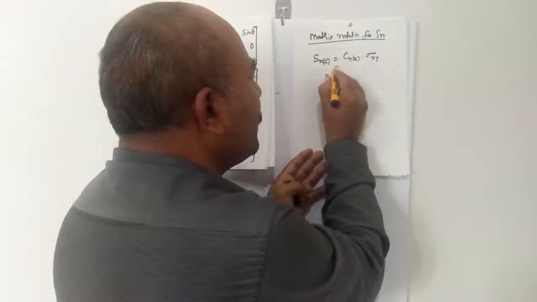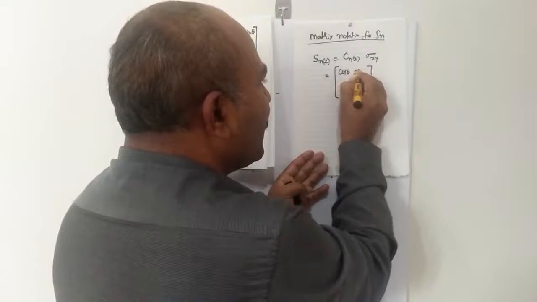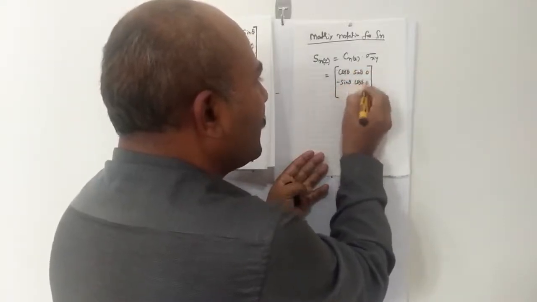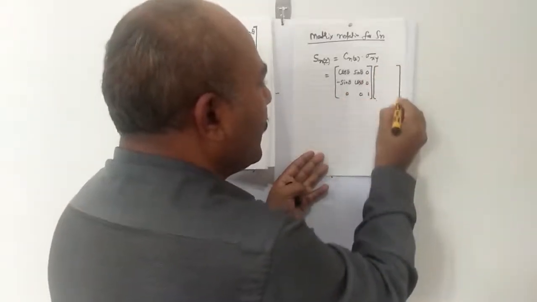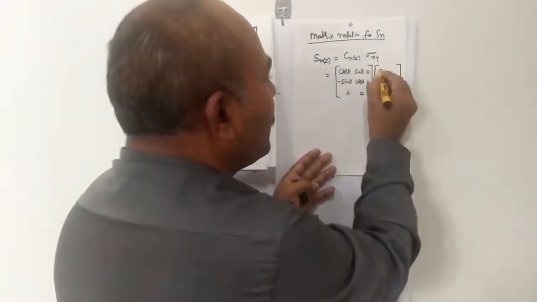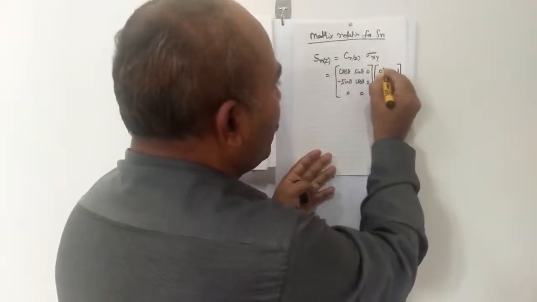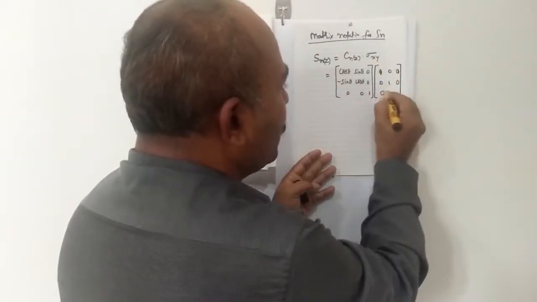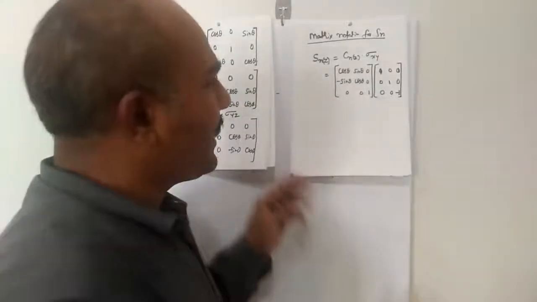What is the CNZ matrix? We know already the CNZ matrix is equal to cos theta, sin theta, 0, minus sin theta, cos theta, 0, 0, 0, 1. Then what is the sigma xy matrix? The sigma xy matrix only changes in the z direction. Hence the value is, sorry, 1, 0, 0, 0, 1, 0, 0, 0, minus 1. This is the matrix notation for the sigma xy.